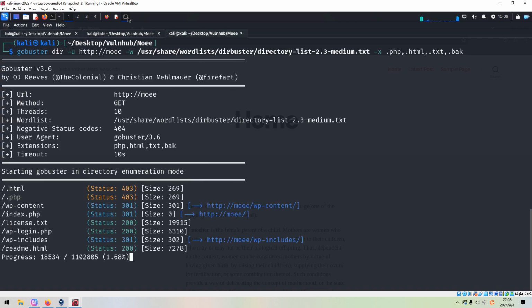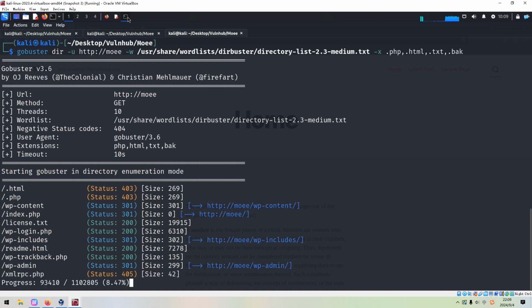Although GoBuster can immediately discover many files or directories or many pages, all of them belong to the installation of WordPress, so nothing special. Okay, so at this point I do not want to wait anymore.